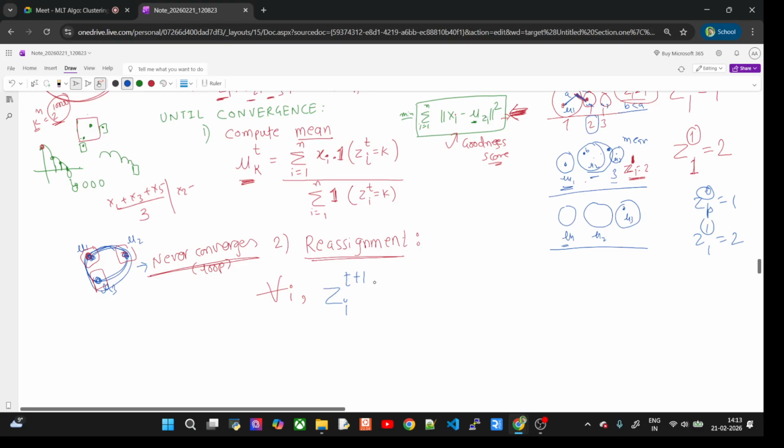So z of t plus 1, because 0 is becoming 1, should give you arg min over k of the norm of x_i minus mu_k of t. This is the reassignment. This formula you should remember, in the reassignment. This is a separate point, okay? In the reassignment,